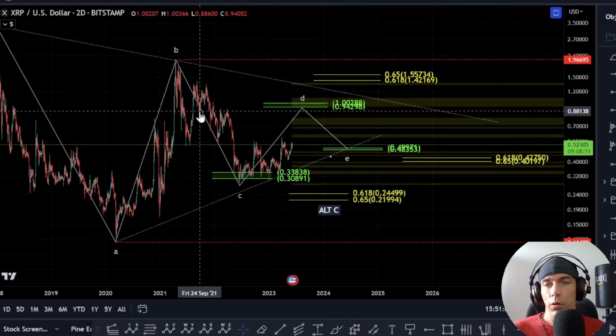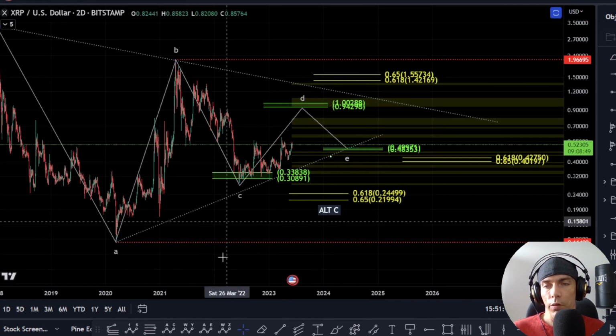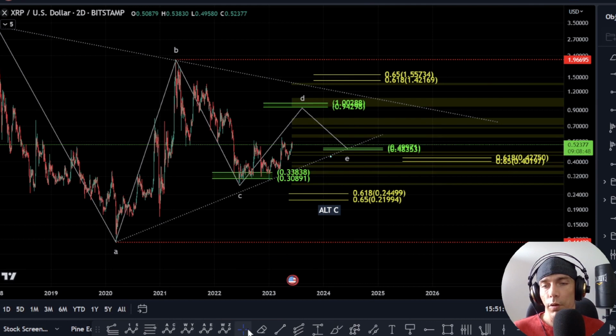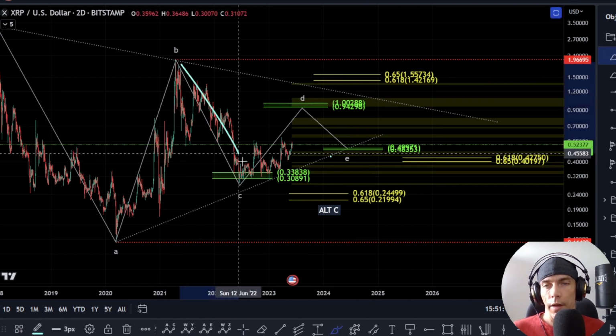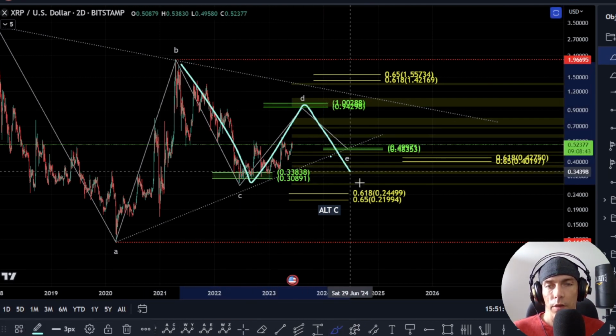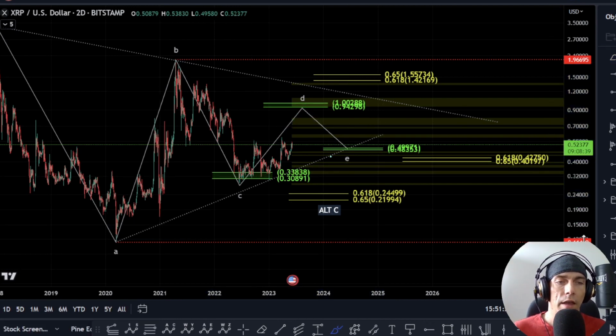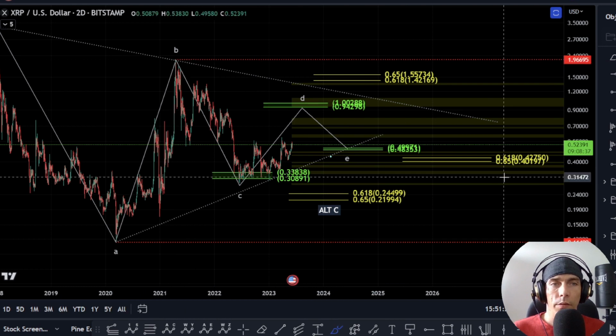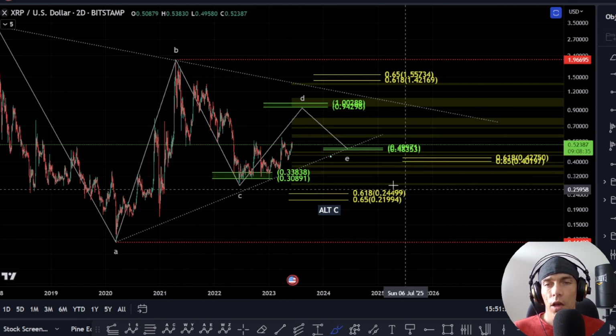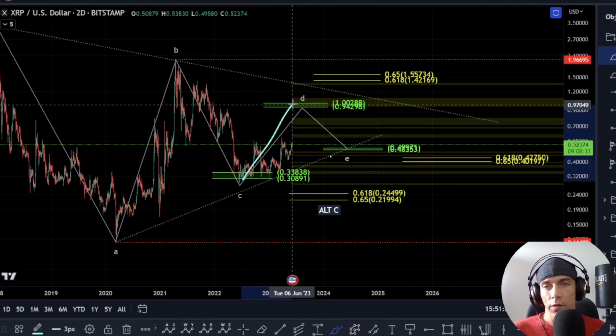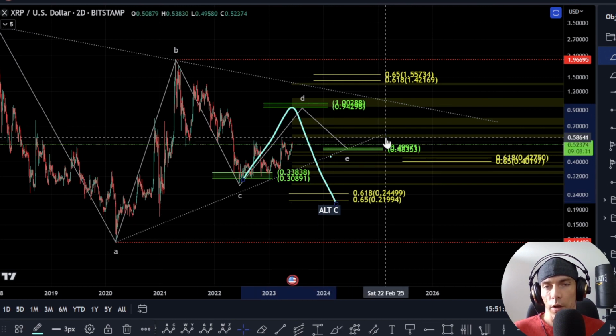Now another way that we can look at this is that potentially this C wave is not complete and is also getting complex here. Now this is why I don't really like this count. We could argue that this ABC to the downside, provided that we don't actually break down below this 11 cent range or above this $1.96, could actually be still in play, where we actually have a bigger triangle, and then